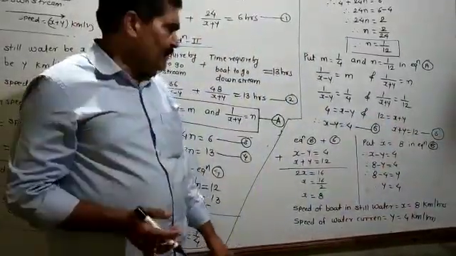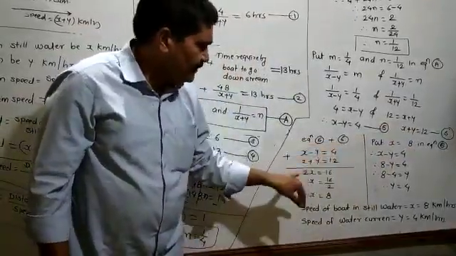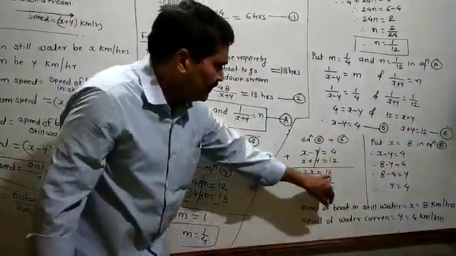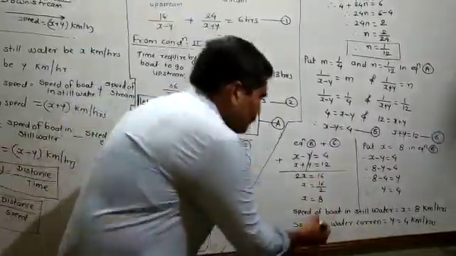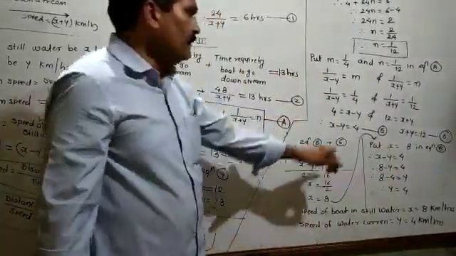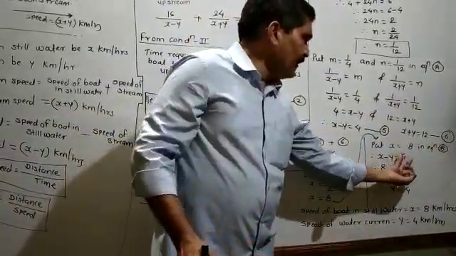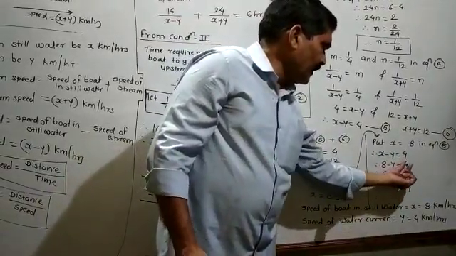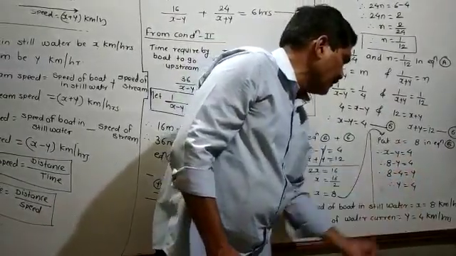You have to do the elimination, and this y term you have to eliminate by adding equation 5 plus 6. That time when we strike plus y and minus y, 2x is equal to 16, x is equal to 16 upon 2, x is equal to 8. You have to put this x is equal to 8 in equation 5 to find out the value of y. Then x minus y is equal to 4, so 8 minus y is equal to 4. Transpose this 4 to this side and y to that side. At that time 8 minus 4 is equal to y, so y is equal to 4.